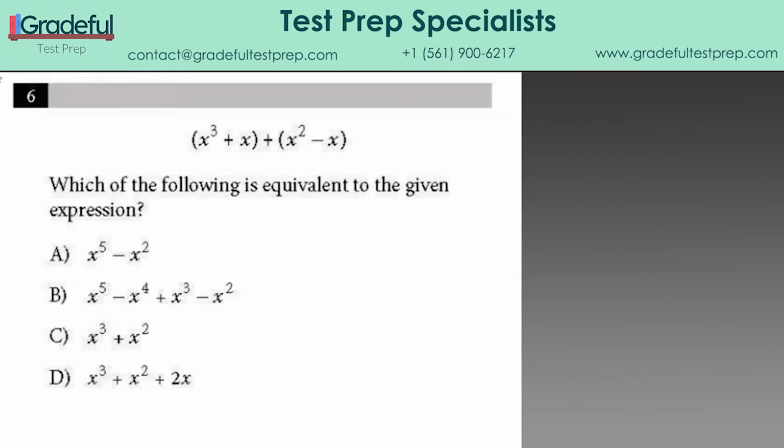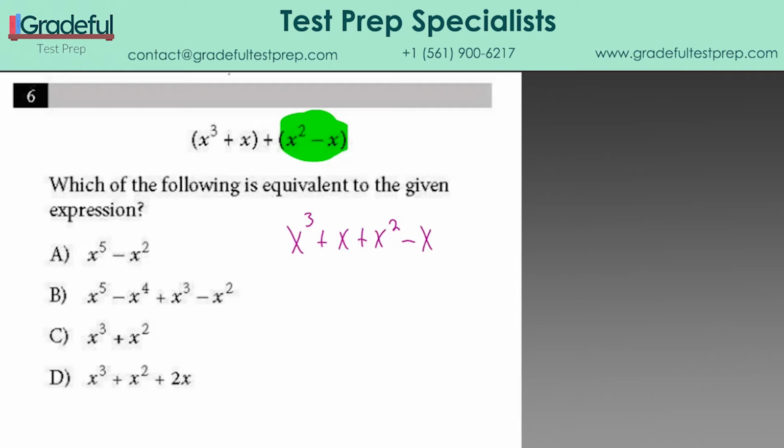Number 6 is a nice straightforward question that a lot of people miss, because if you're in a rush, you'll think that you have one parentheses here and one parentheses here, and you'll think they're being multiplied. So most of the people that miss this question will inadvertently FOIL this situation. But we're not being asked to multiply them, we're being asked to add them. And because there's no negative sign or number in front of this parentheses here, we really don't need any of the parentheses. So we can rewrite this with no parentheses, x cubed plus x squared minus x, and then